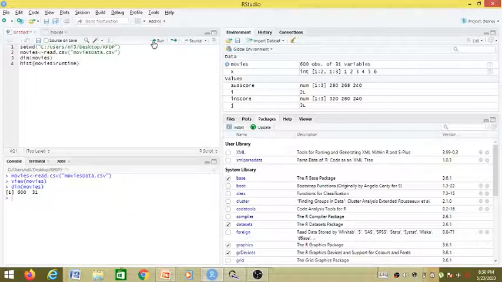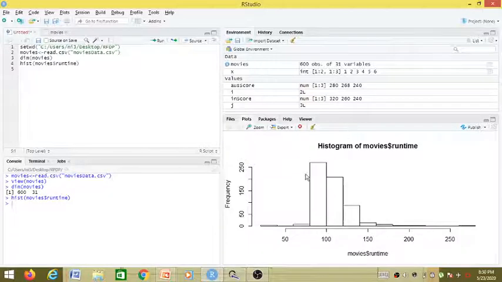And if we run this, you can see the exact same histogram over here with frequencies ranging from 0 to 250 and runtime ranging from 50 to 250. But there exist some outlier values beyond that limit, as well as very few values with runtime less than around 70 and runtime near 150. So this is the creation of a basic histogram using the hist function and providing only the name of the variable over which we want to create a histogram.